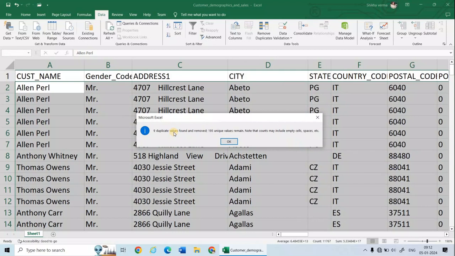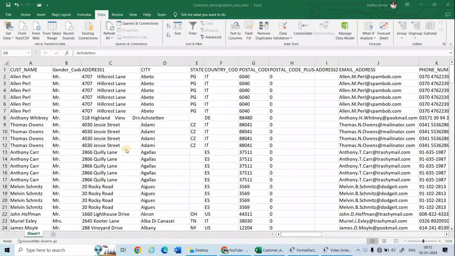So it is showing that 9 duplicate values were found and removed, 195 unique values remain, and note that the count may include empty cells, spaces, etc. So this is informing us that all the duplicate elements are deleted. The next thing that we can perform over here is using the Find and Replace option to correct